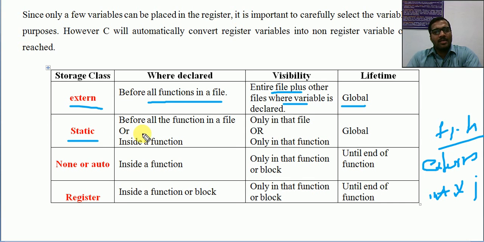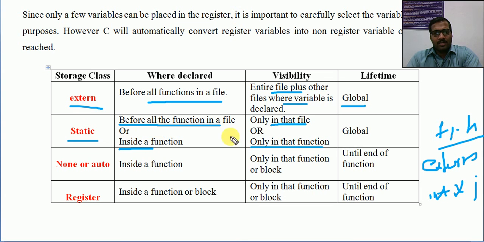Now static means it is declared static. The specialty is you can declare it before the function or within the function; both situations are possible. The only thing is its value will be retained, whether it is global or local. As for visibility, if a static variable is declared inside a function, it is accessible only within that function.